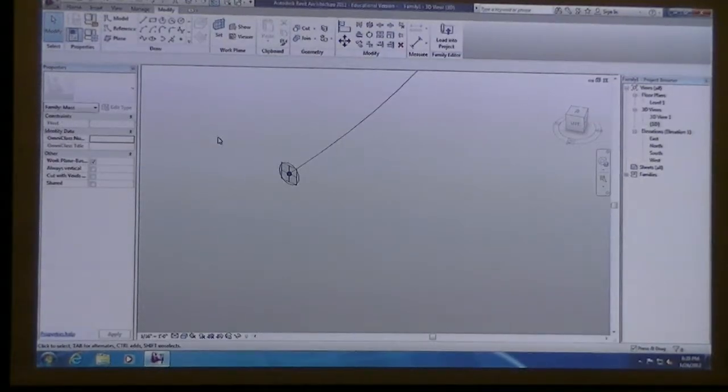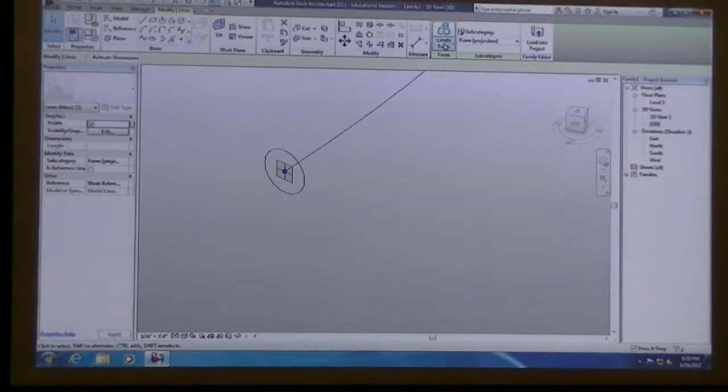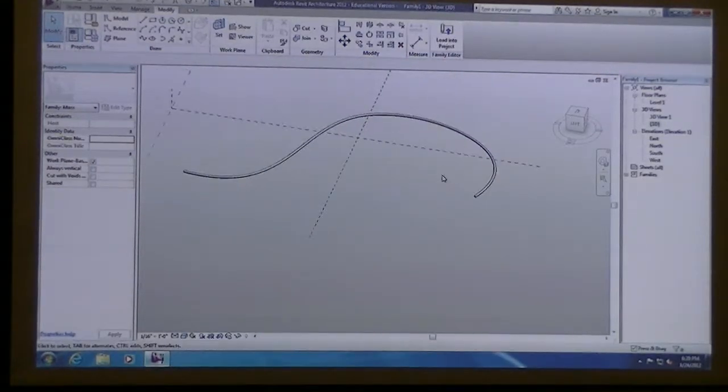So now that you have this profile that's perpendicular to the spline, I don't think it really matters the order, if you click on one of them and hold the control key and click on the circle and then say create form, you now get this profile that does a sweep all the way across your curve.